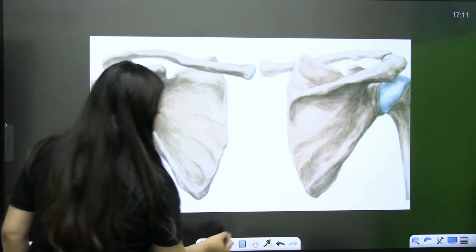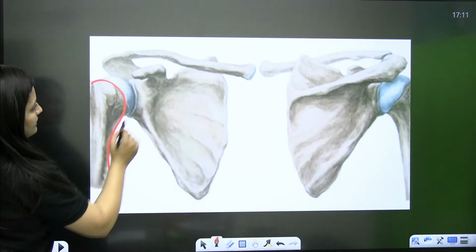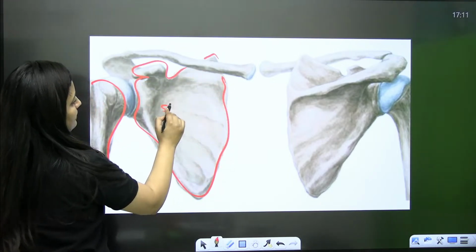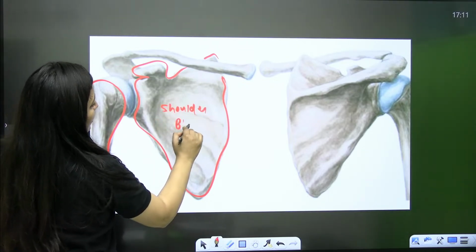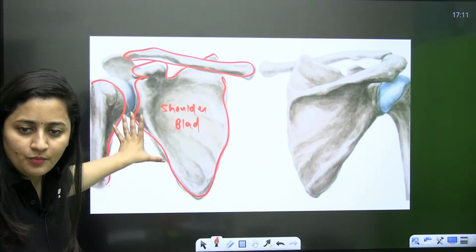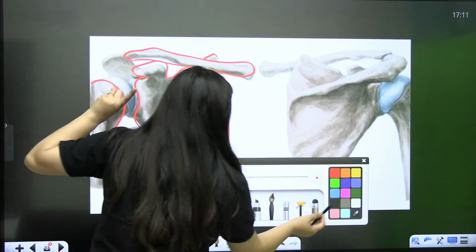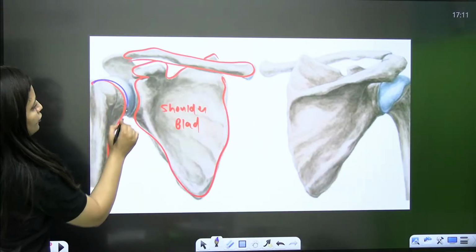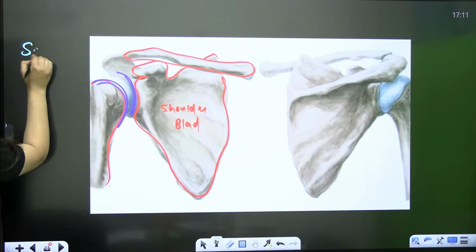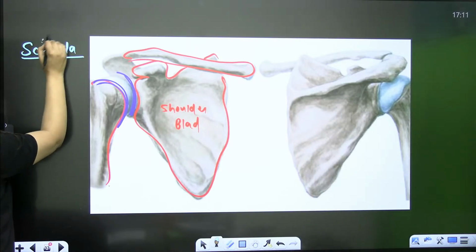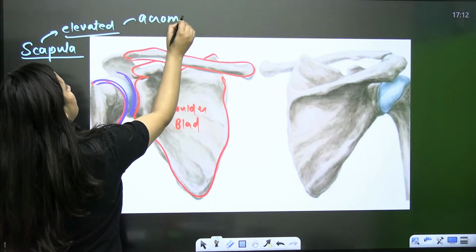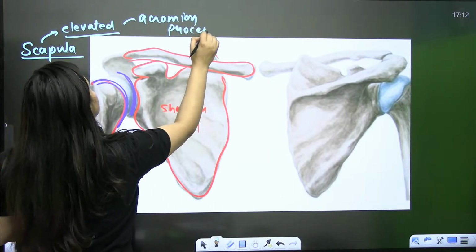See this. Now here, this is the humerus. This flat blade-like structure is the scapula, and here is your clavicle. So this humerus will get fixed to the axial skeleton with the help of this pectoral girdle. But this humerus is articulating here. The scapula has certain processes. It has an elevated, ridge-like portion, which is known as the acromion process.